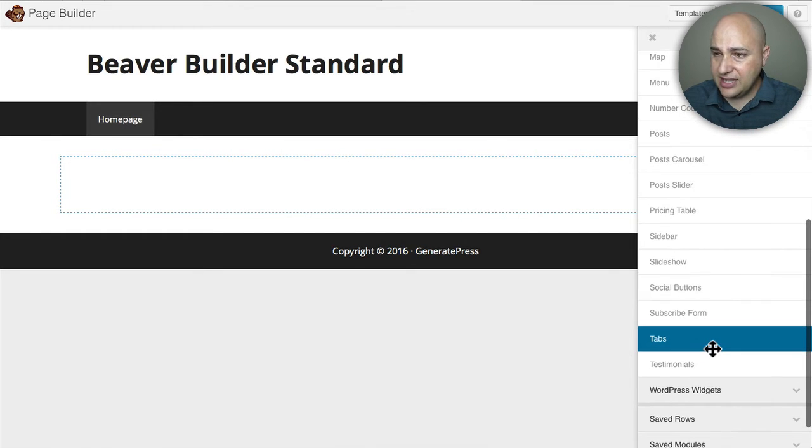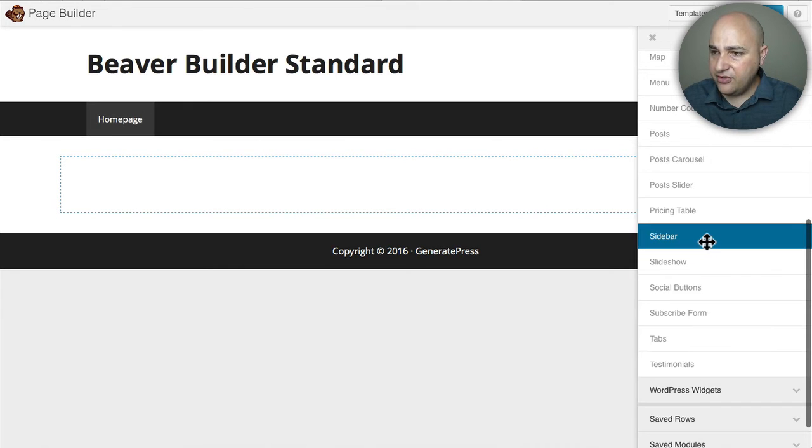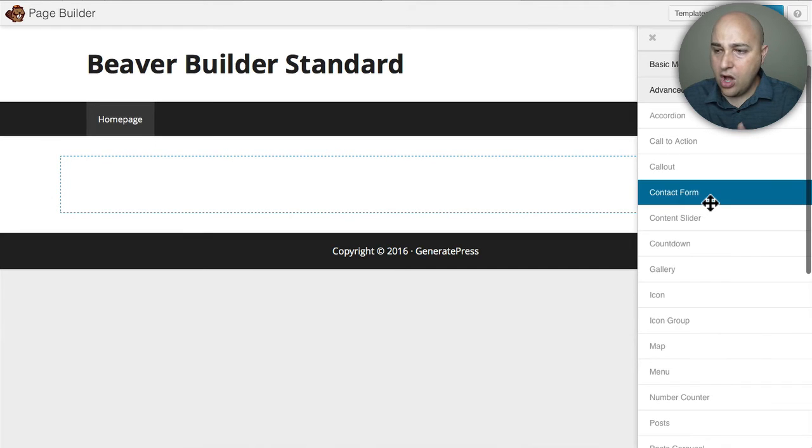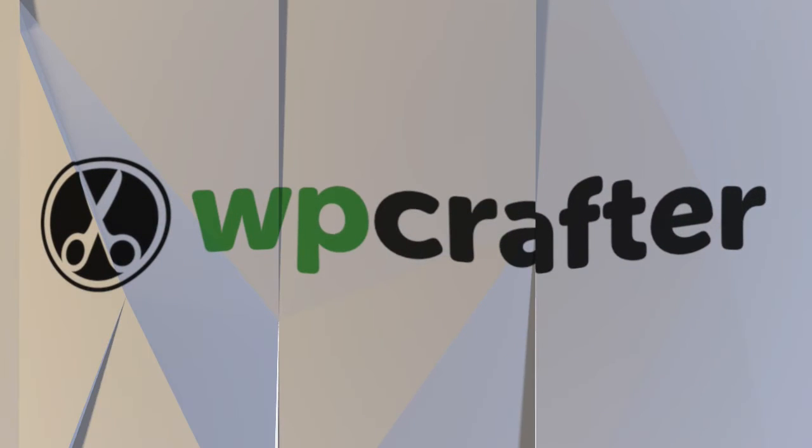So you can see this is probably the most obvious difference. You can see the convenience of having all these powerful modules so that you don't have to buy additional plugins and install them on your site in order to get these types of features. Instead, you could do it all with the paid version of Beaver Builder, and I love it. I use all of these different modules that they have available.